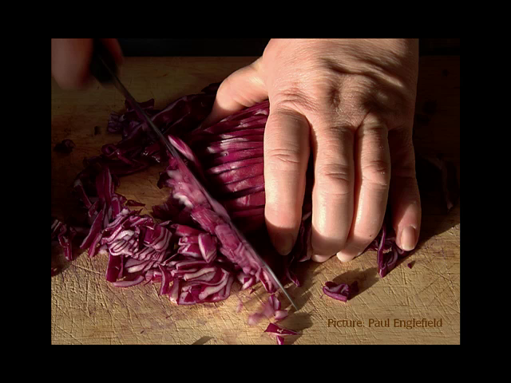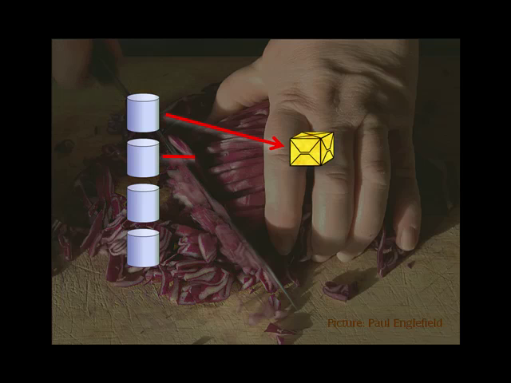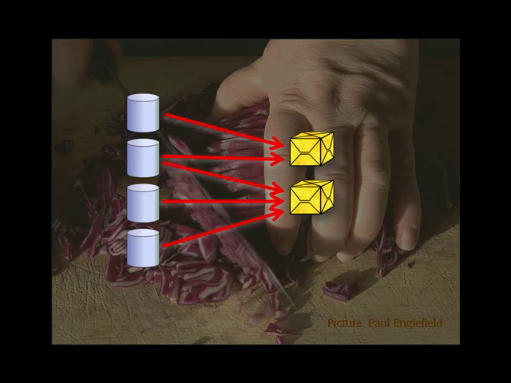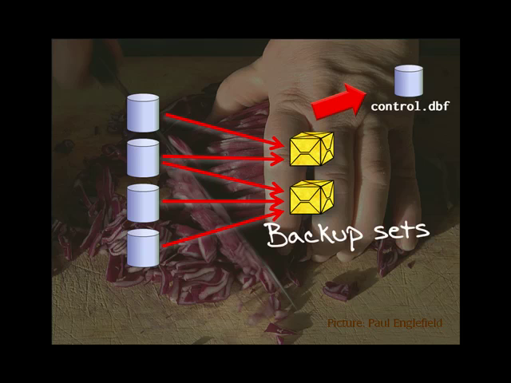RMAN can copy files as is on demand, but by default it extracts the used bits from the data files and recombines them in noticeably smaller files called backup sets. The detail of how the chunks stored in the backup sets relate to the data file is most often stored in the control file, which is one of the reasons why I have told you that the control file should be mirrored. It's also possible, in big corporate systems with multiple databases, to centralize the information in a dedicated database.